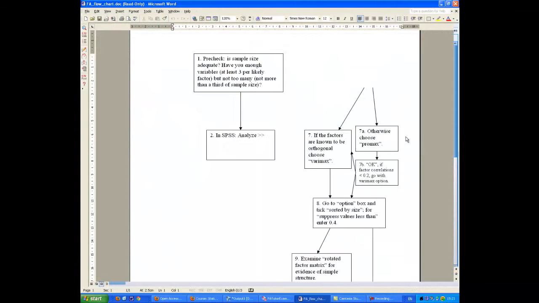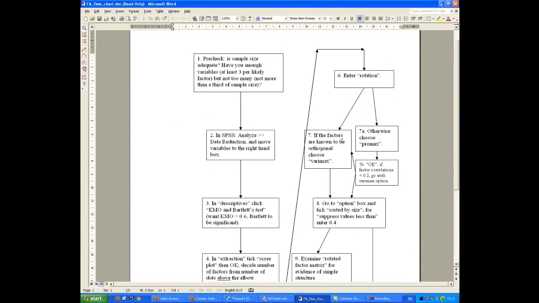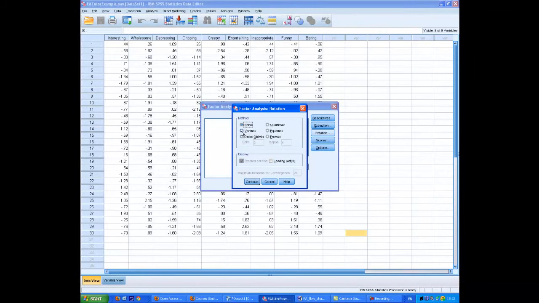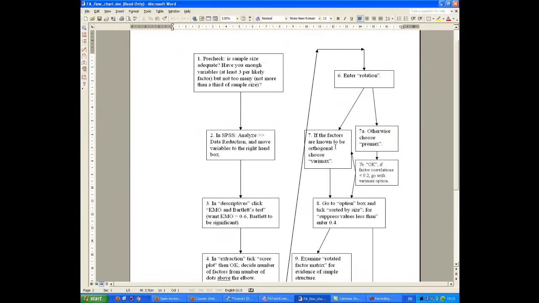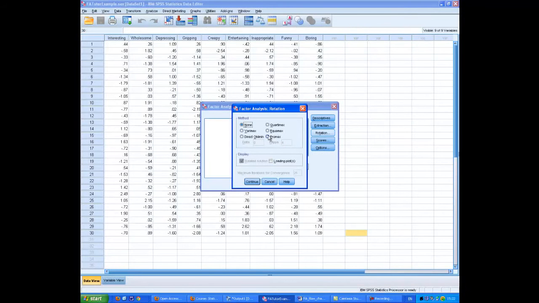Well, what this suggests is that we can take one of two decisions here. If the factors are known to be orthogonal, and there'll be more about this in the lecture itself, we choose something called the varimax, which is this box here. The default setting is none. However, if we don't know or have strong reason to suspect this, we use something called the Promax rotation method. And that's what I'm going to do here, because I'm assuming we don't have any hypotheses. Just accept the default setting for kappa here,